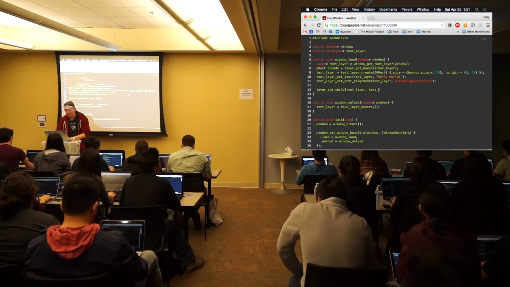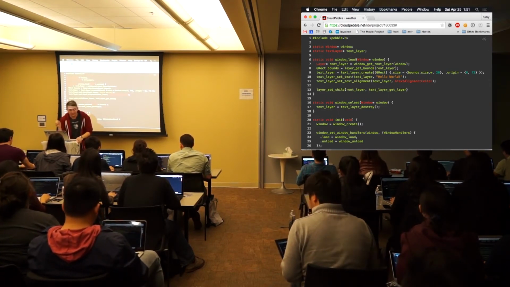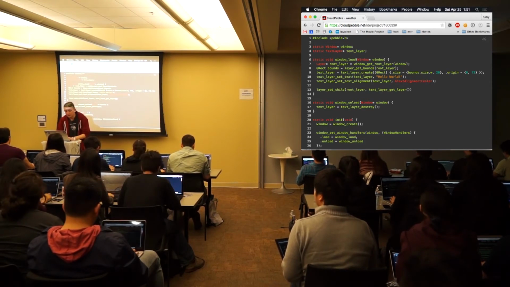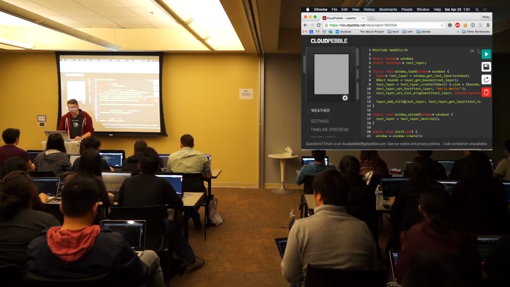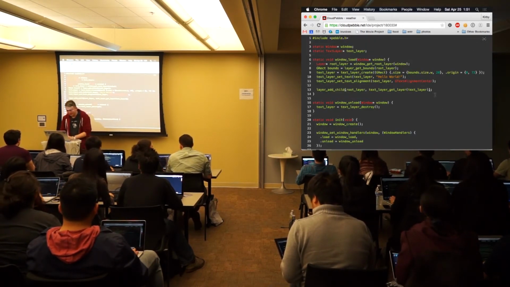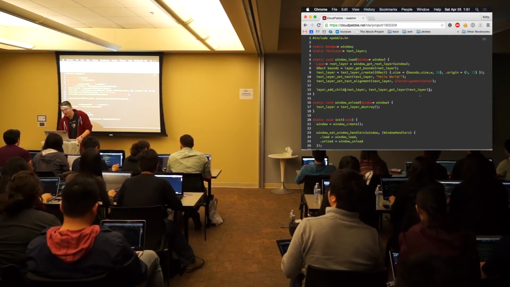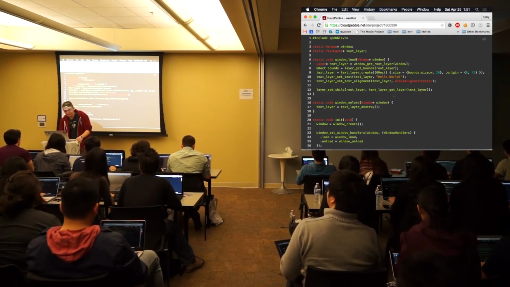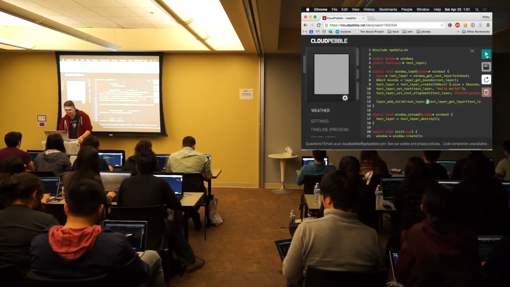So you have to say text layer get layer. We're going to get the layer out of the text layer and pass in our text layer. Does that make sense? It's kind of like object-oriented inheritance, but in C. Text layer get layer, text layer. And if we save this and run it,